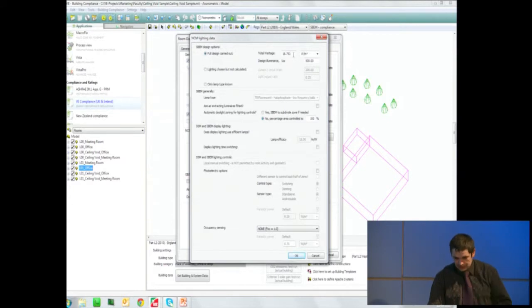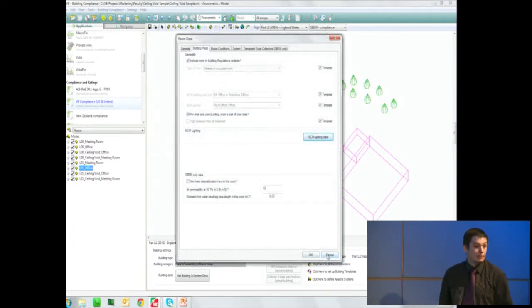We've got the option of entering the lighting design data, where I can specify the lighting power densities in watts per meter squared, or the achieved lux level, which is then used to determine my watts per meter squared value. Or alternatively, I can use the efficacy value here. So we've got different inputs because the calculations have a different methodology behind them. And again, this can be accessed via the tabular edit dialog I had up a moment ago as well. So you can change a large number of zones in a much shorter period of time